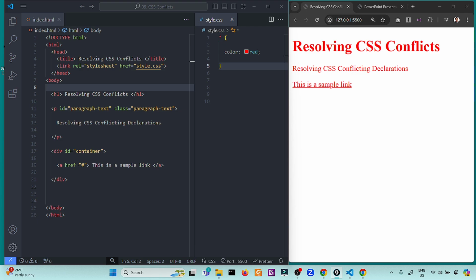This means that a more specific rule, such as a class or an ID selector, will override our universal selector.